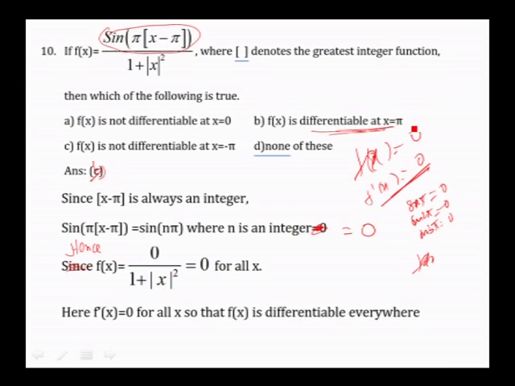and there is nothing wrong. Because as I said, the numerator becomes 0, and the denominator, as far as 1 plus mod x square is concerned, is something nonzero. So it is 0 for all x. Therefore f dash x is equal to 0 for all x, and so it is differentiable everywhere. So children,